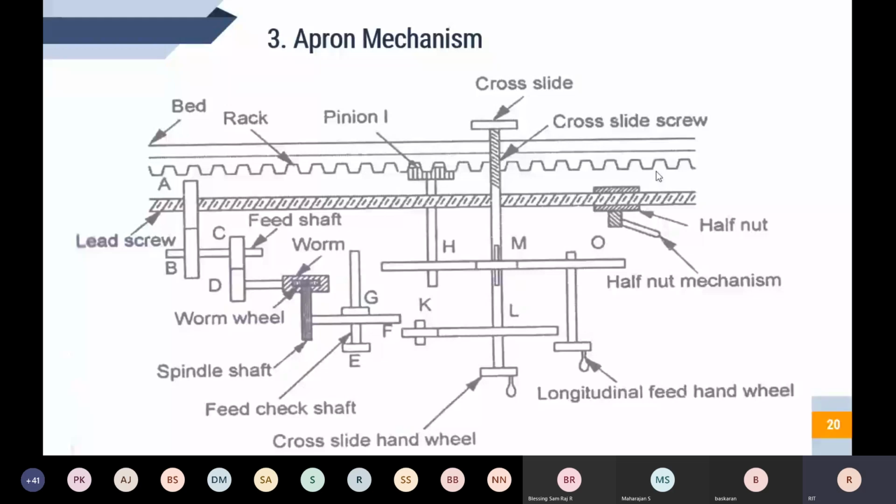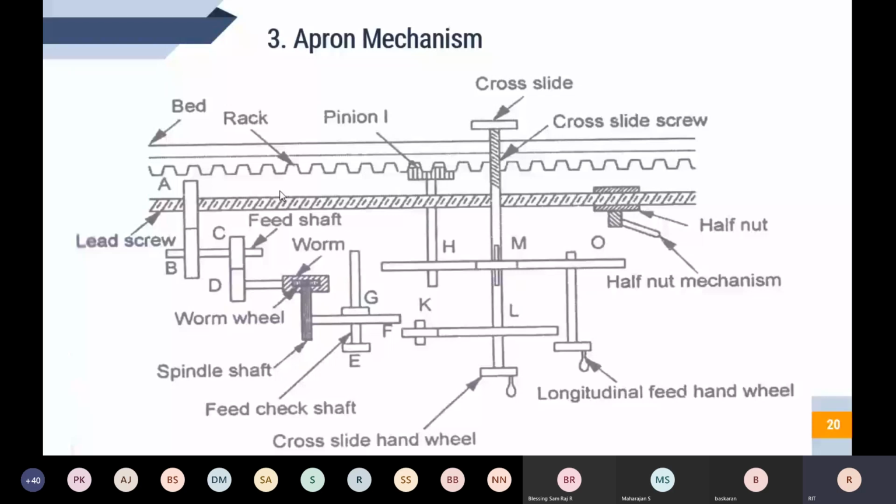The other mechanism is the apron mechanism. I already told you this mechanism is purely in the carriage. It is purely interconnected with the headstock. It is used for transferring the rotary motion of the feed shaft and the lead screw into the feed motion of the carriage. Because the apron is attached to the carriage, it hangs over the front side of the lathe